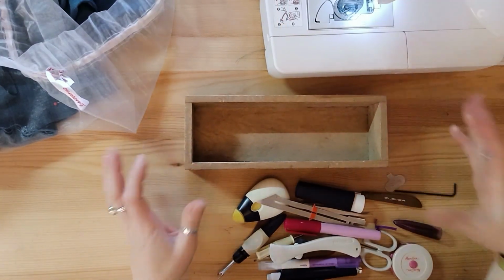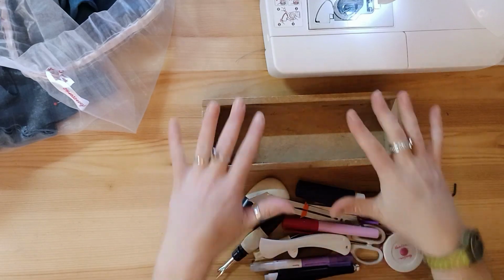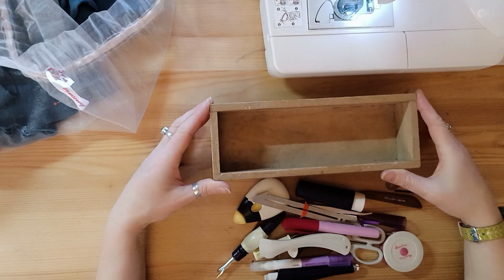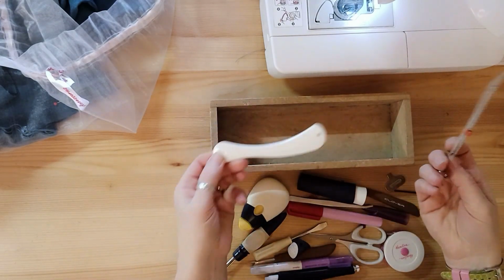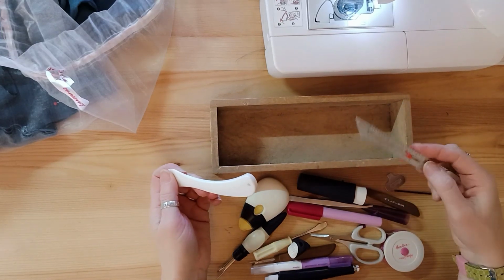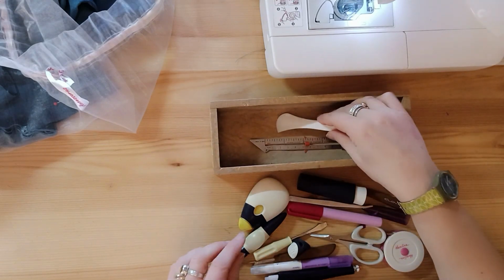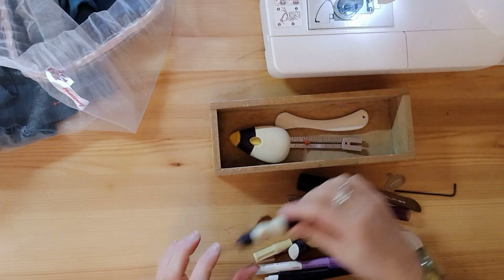Another thing that I do that keeps me working efficiently is I have all my very regular tools in a little box right by me. It can be a little shoe box or a recycled box, a plastic box, an ice cream tub, something like that, so that anything that I need quick to hand, I can just get out of the box without getting up and looking all the time. So I've got a seam gauge, a bone folder for pressing seams, my roller for marking,